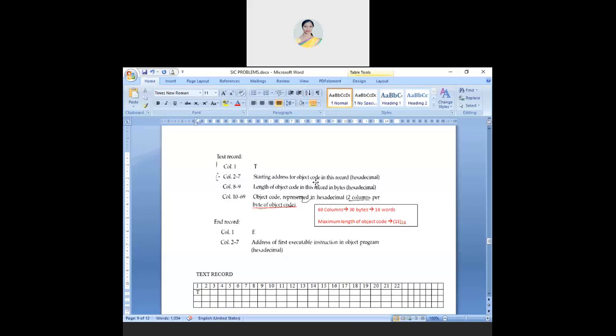Your second text record, 2 to 7 will be the starting address for object code in this record. So what is the starting address of the object code? Can somebody tell me? No, the starting address for object code.